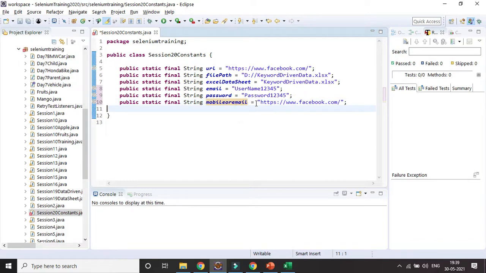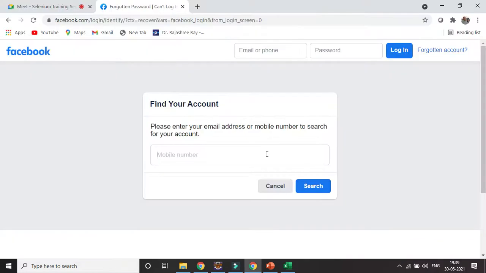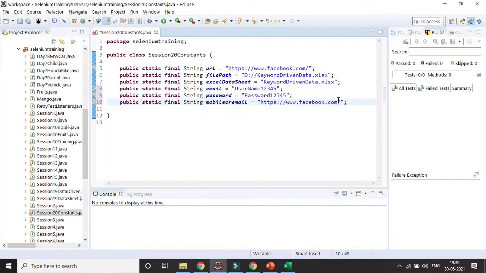So maybe I can give it some of the important things. That part I can give it, because I was trying with different Facebook, maybe some test-related usernames like 1 2 3 5 4 5. Somebody has created that Facebook account, so it is giving me the opportunity to reset the password. So I have tried with that option, and nobody has created any account with this combination.